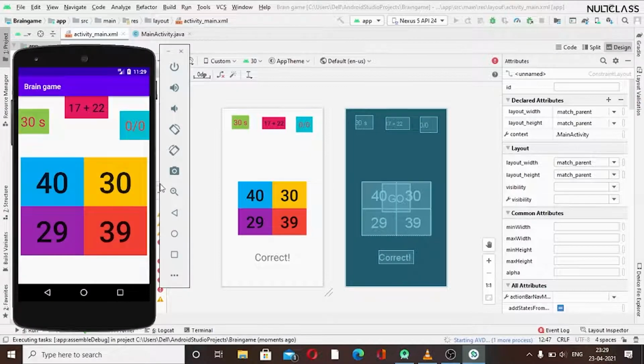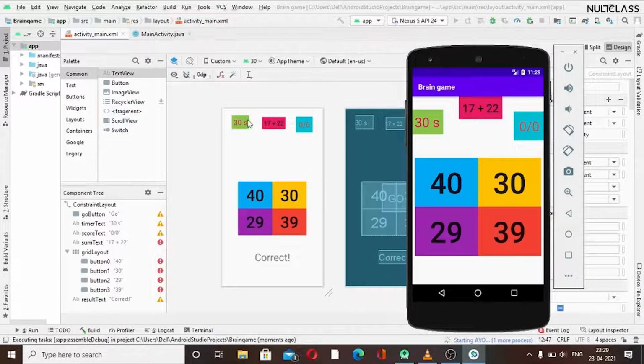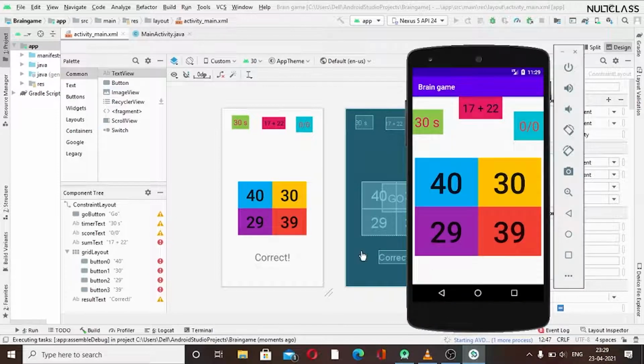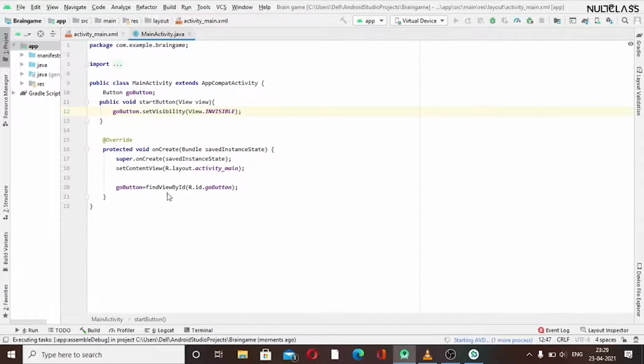I guess this is the previous screen. Till then, let's begin with our coding part.